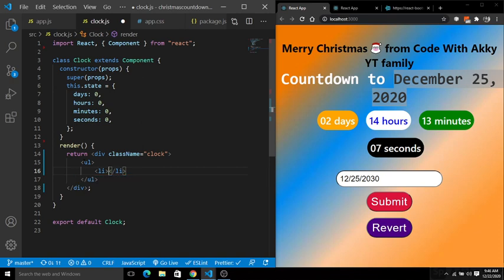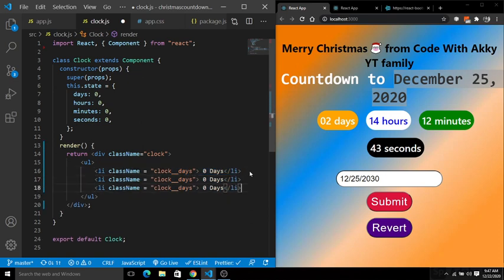Now inside the list item we have three things. Let me give the class name first of all. Here I am giving the class name for the clock days. Here we have 0 days, so initially I am giving the 0 days. Copy it four times and replicate this four times.